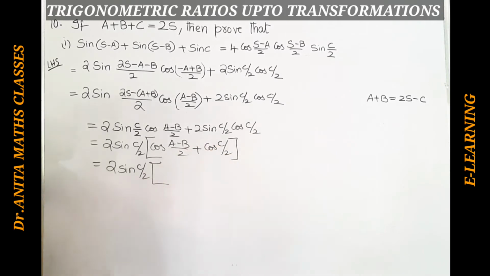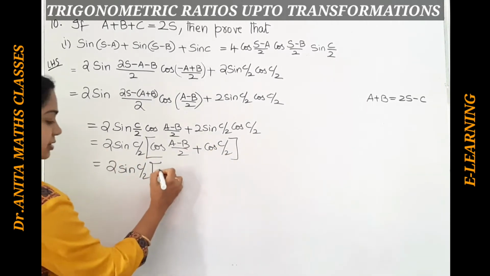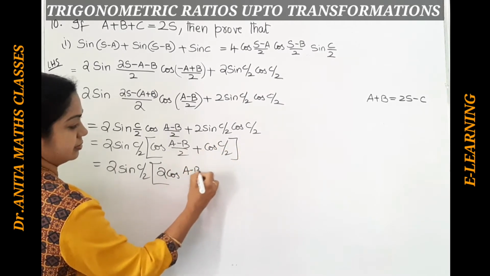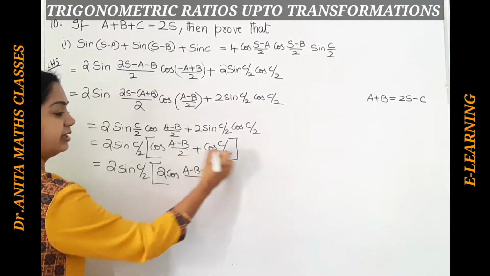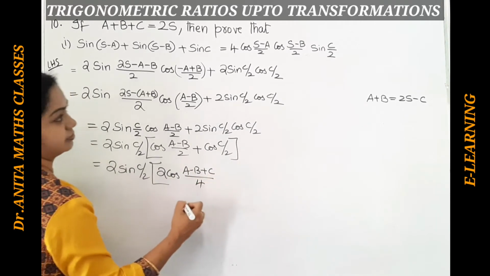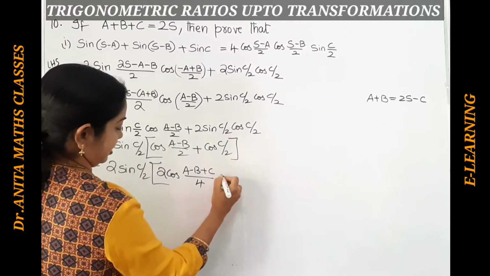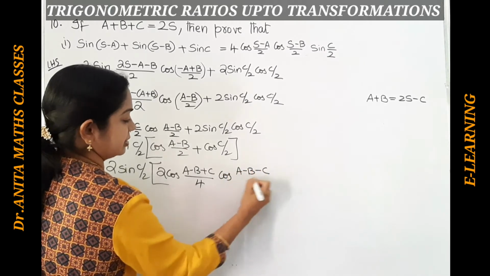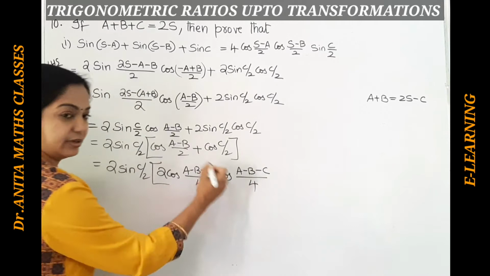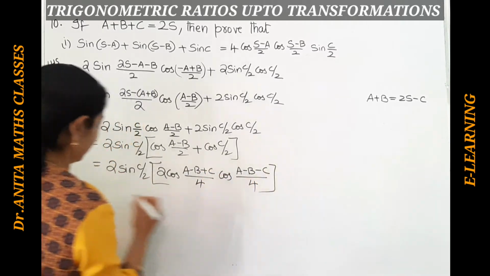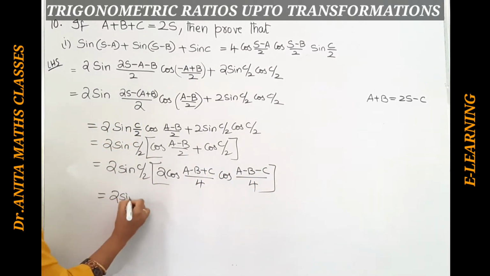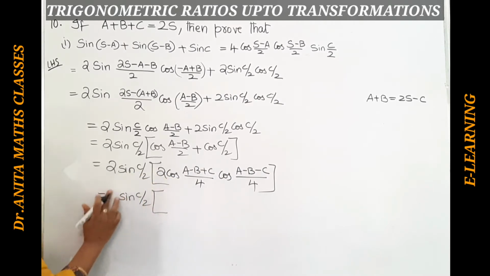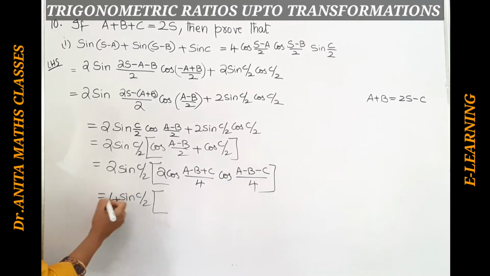So cos A plus cos B. So similar way we will go with 2 cos A plus B by 2. Already 2 is there, by 2, so that becomes 4. Right. Now again, and cos A minus B. So A minus B, so 4. Already 2 is there, so by 4. Now this becomes 2 sin C by 2 here, and so 2 you can take it out, so this becomes 4. 2 into 2, 4.